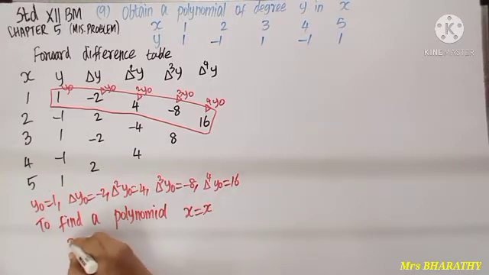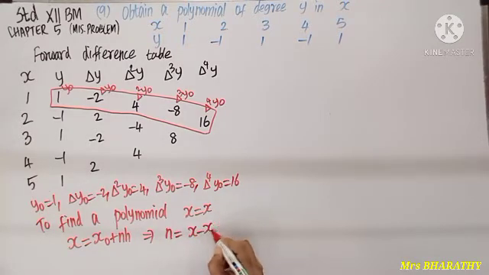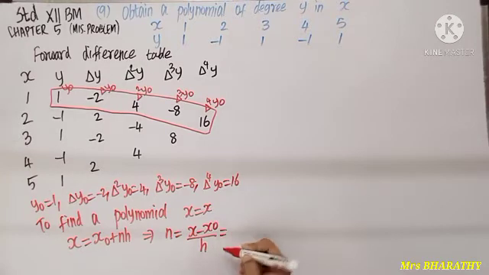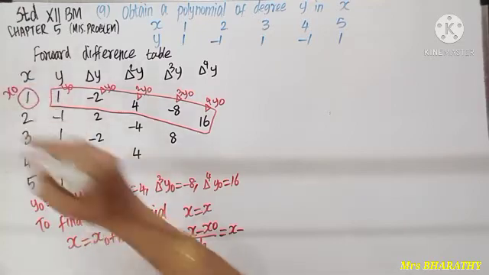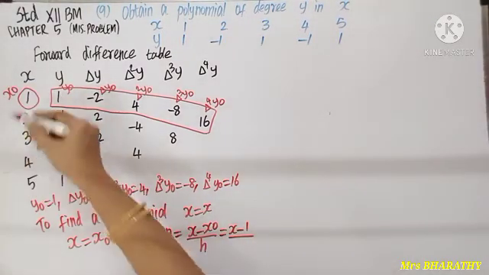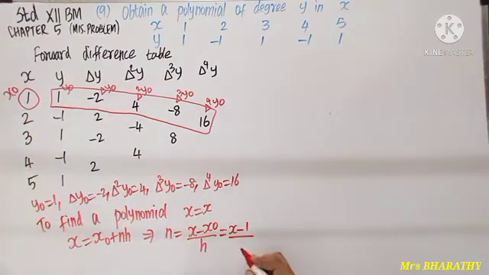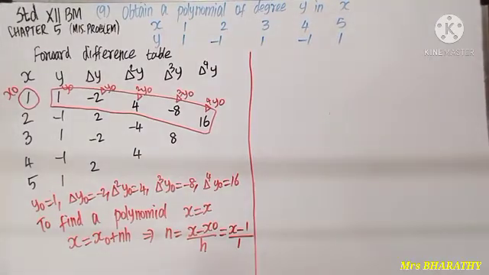In the formula, x is equal to x naught plus nh, or n is equal to x minus x naught by h. In this question, x is x itself, x naught, the very first value, is 1. H, the equal spacing, increases by 1. So h is 1. As we recall Gregory Newton's formula,